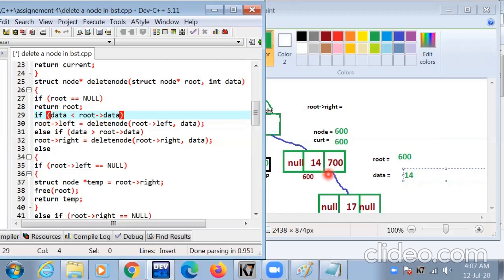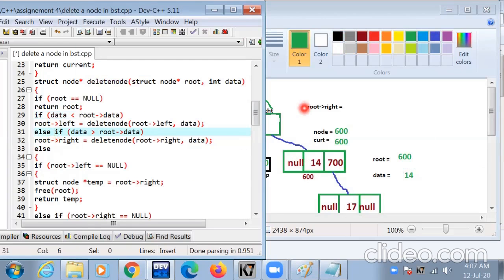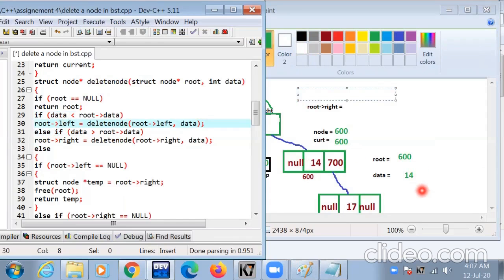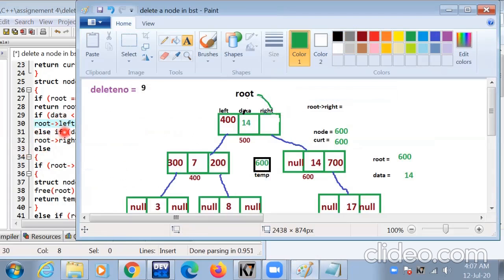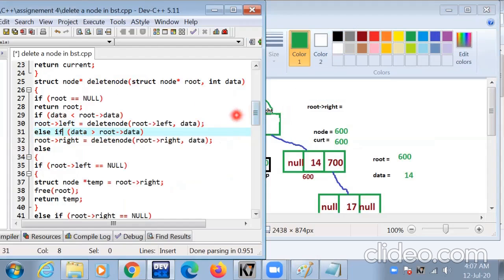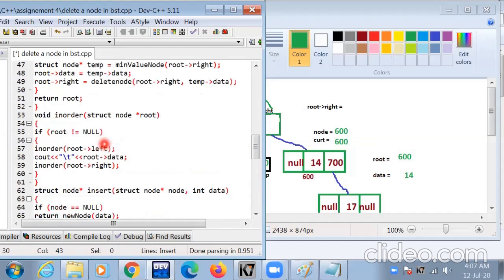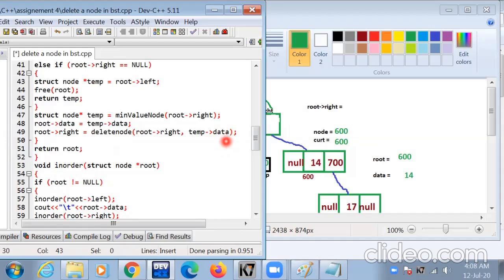Data value is 14 and root data value is 14 because temp data value is 14.